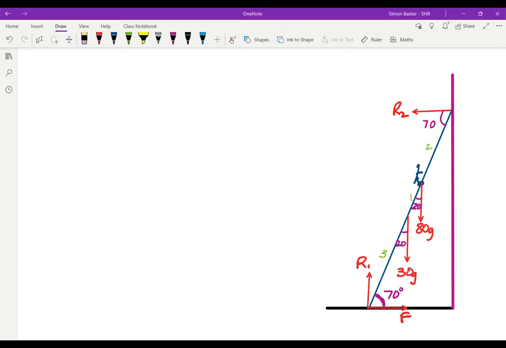Right, I've moved the diagram down a bit so that I've got room to write and we can still see the diagram. Well, the first thing I'm going to do is to take moments about the bottom of the ladder. Let's call it A. So if we do moments about A,